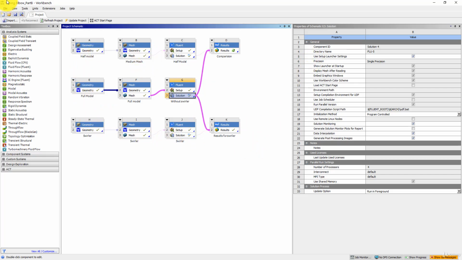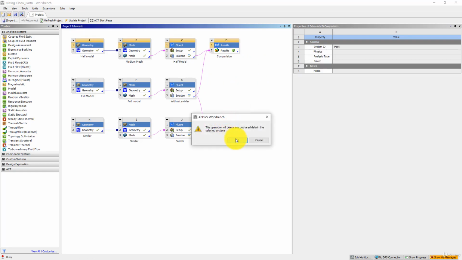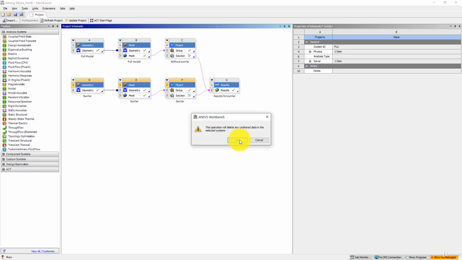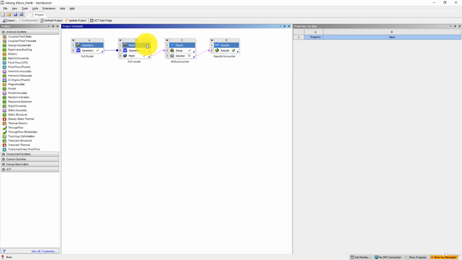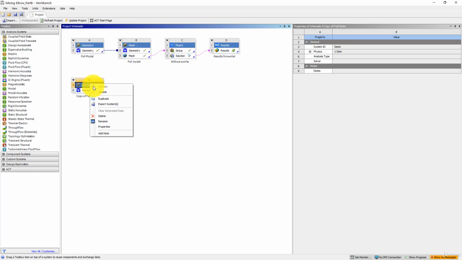Okay, so this file was generated in part B, and the same file is now open here. So I will just delete these things from this workbench project, and also I will delete this solar geometry part as well, and I will just keep the full model along with the mesh, Fluent, and the results. And now I will duplicate this geometry cell, as we did previously in many cases on the mixing elbow. And here I will call this a full model